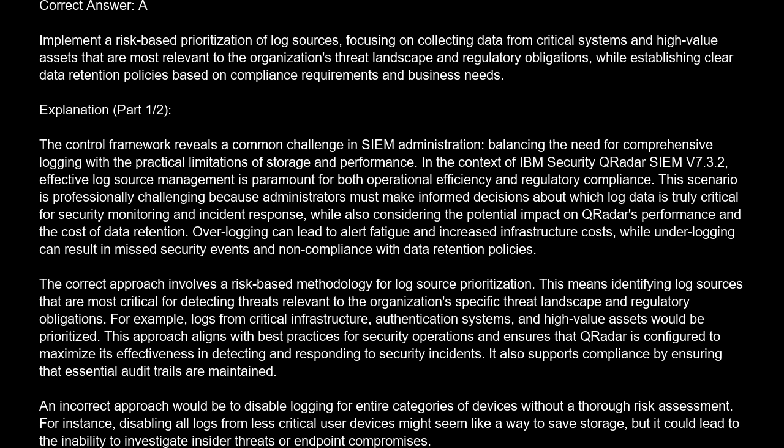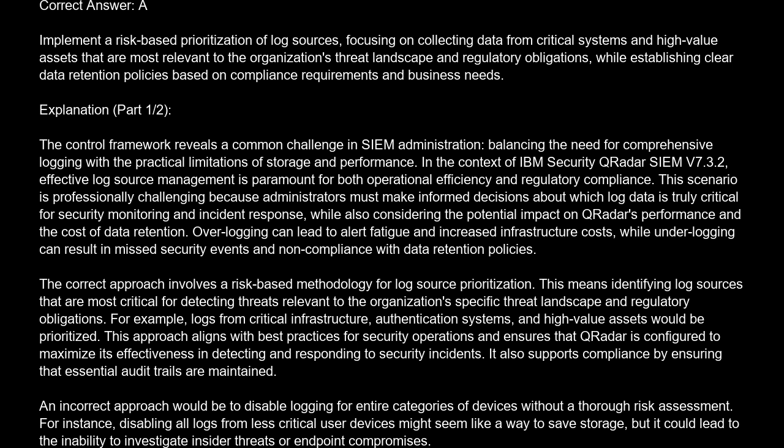In the context of IBM Security QRadar SIEM v7.3.2, effective log source management is paramount for both operational efficiency and regulatory compliance. This scenario is professionally challenging because administrators must make informed decisions about which log data is truly critical for security monitoring and incident response, while also considering the potential impact on QRadar's performance and the cost of data retention. Overlogging can lead to alert fatigue and increased infrastructure costs, while underlogging can result in missed security events and non-compliance